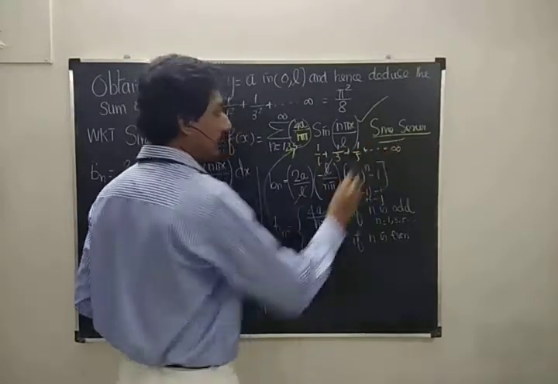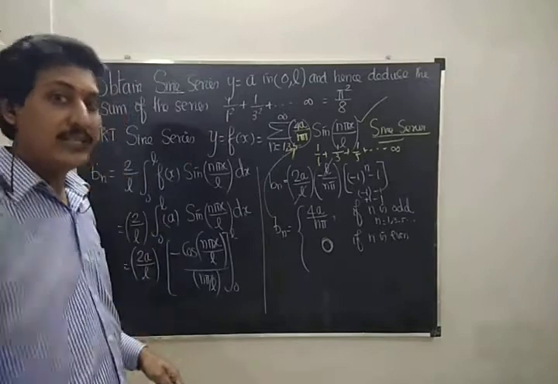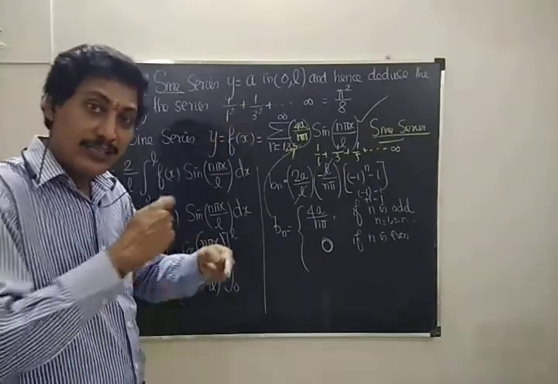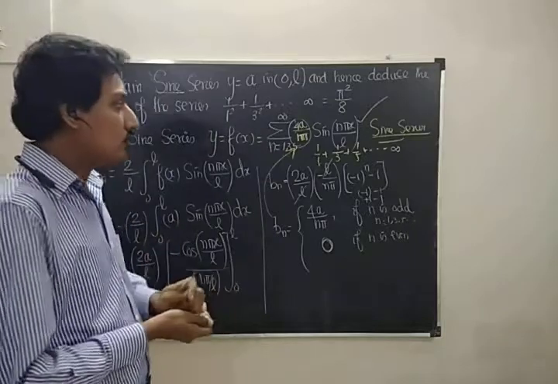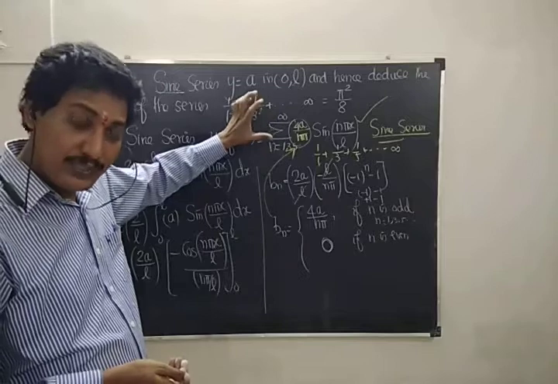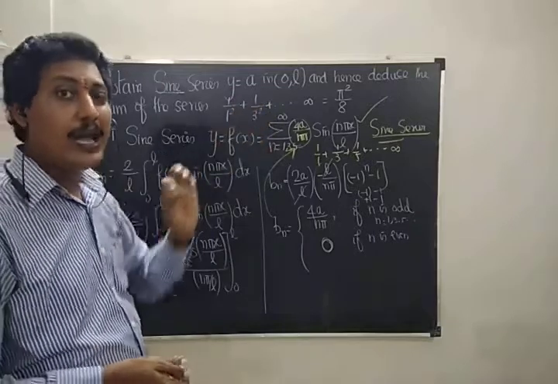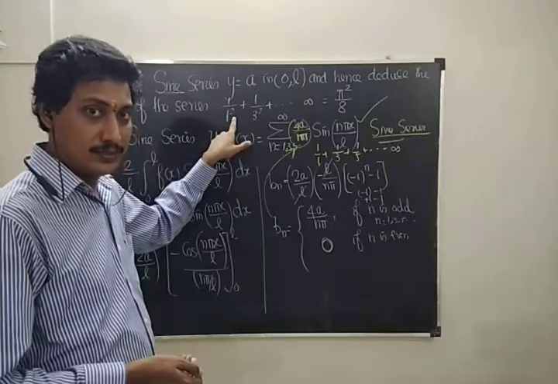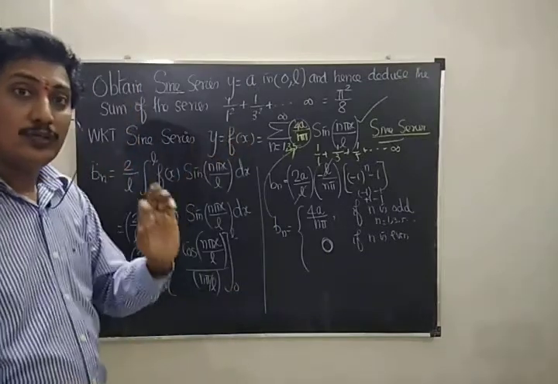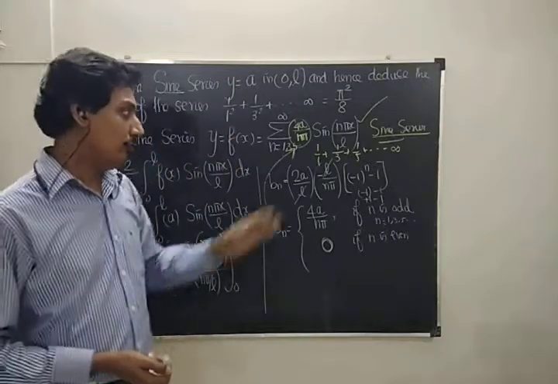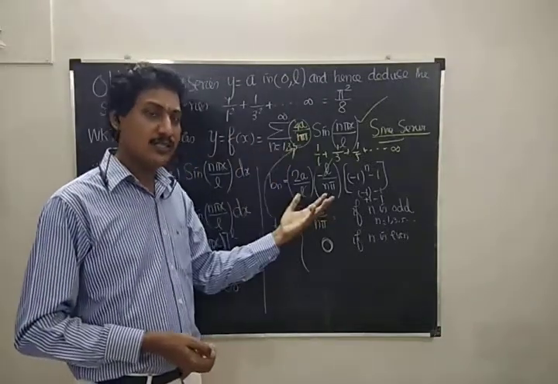Up to infinity. But what did we expect? We expected 1 by 1 square, 1 by 3 square. We can take the square of the function. So from this sine series, we are unable to generate the square term series. We are unable to generate this square series, even though when you generate some series,